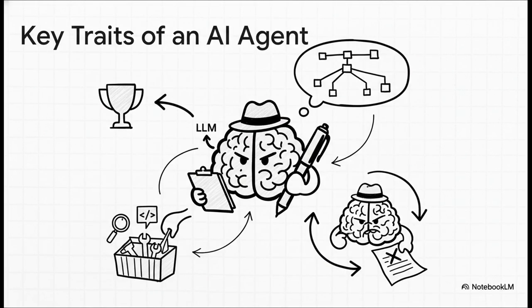So let's look at the new superpowers an agent has. It gets a high-level goal, not some step-by-step list. It creates its own plan. It chooses its own tools, and, this is huge, it can critique its own work and try again until it meets the goal. Our intern in the library just got a massive promotion. They are no longer just following instructions. They are now the project manager.